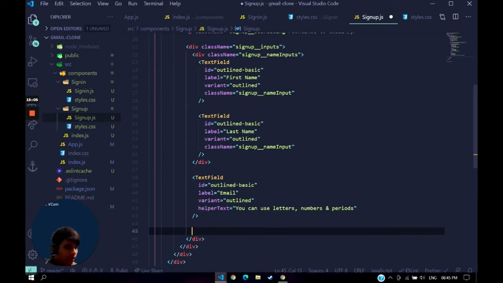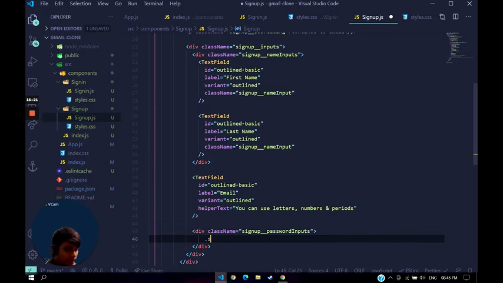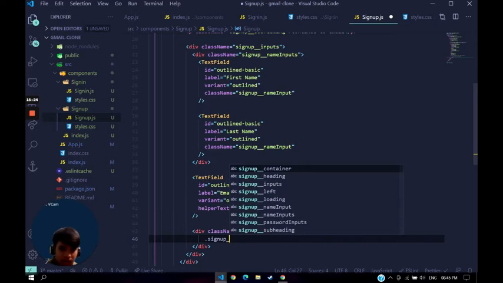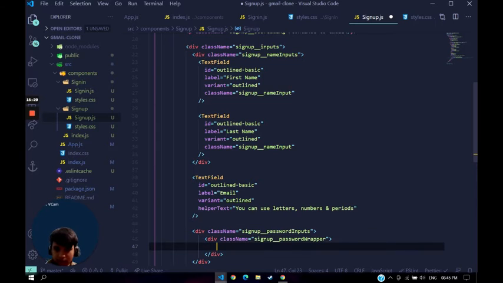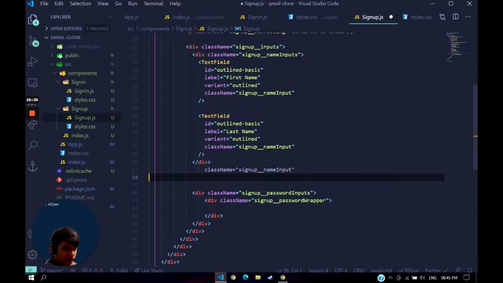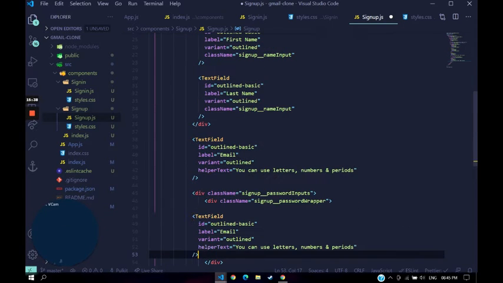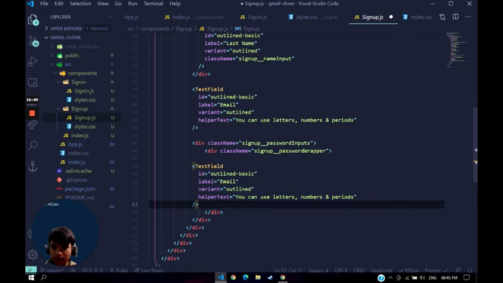Now we are gonna have another div with class name sign up underscore password inputs. Then we are gonna have a dot sign up underscore password wrapper. Then we are gonna have a text field. Okay, copy this, one second. Yeah, copy this, paste it up there, and then we are gonna have a label, class name of